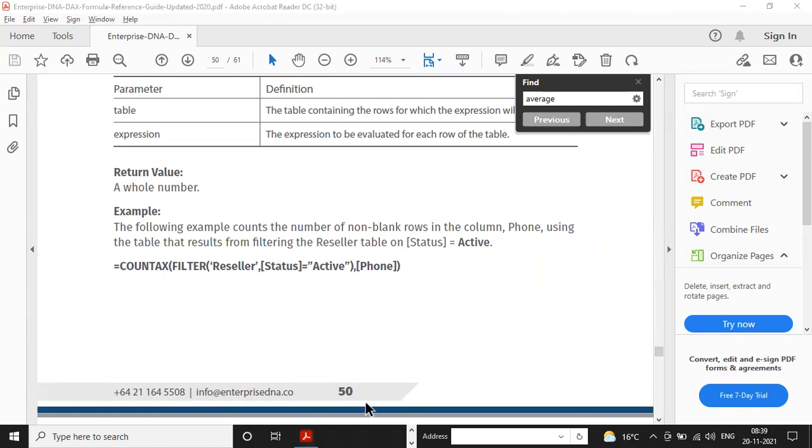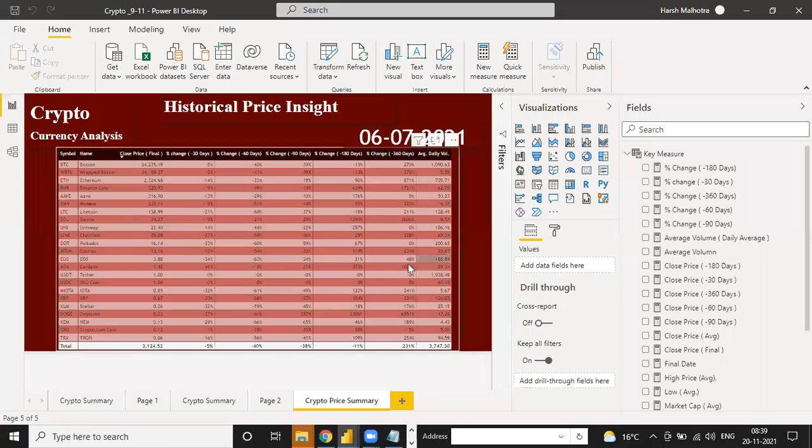See this one. Let me show you in this chart, inside this Power BI. You can go through this function first. After that, you can try any of the functions from that sheet if you are okay. If you are not able to try any function and you need that function on this chart, on this crypto insight, you can WhatsApp me. Say, sir, I want this function in this Power BI, whether it is possible or not. Then I will tell you if it is possible or not.